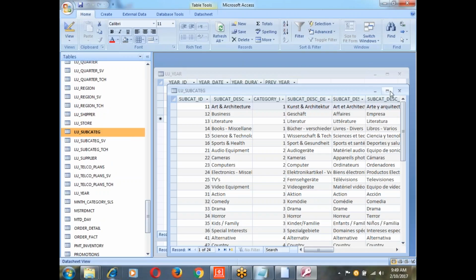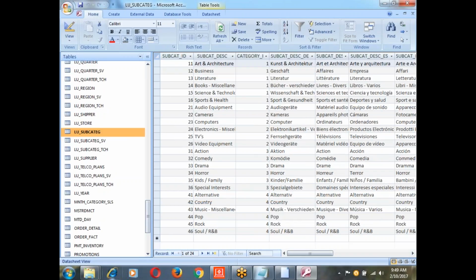So once you get to that subcategory, there is a table where you find